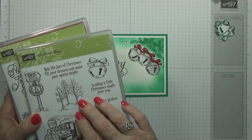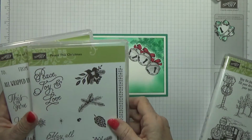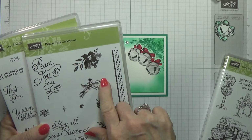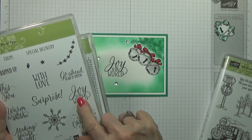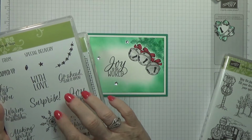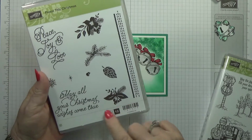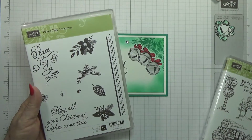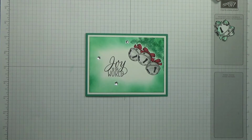Like I said, I'm using the Christmas Magic, and the only thing I'm using from it is the bell right here. And then I am using the piece This Christmas, and I only used this part on this card, and I used the Joy to the World from the tin of tags. But this time, instead of using the tin of tags, I am going to come back in. Whoops, I dropped it. May all your Christmas wishes come true from this one, so that I'm only using two stamp sets. And both of these are the rubber mount. Also, I'm going to be using the,